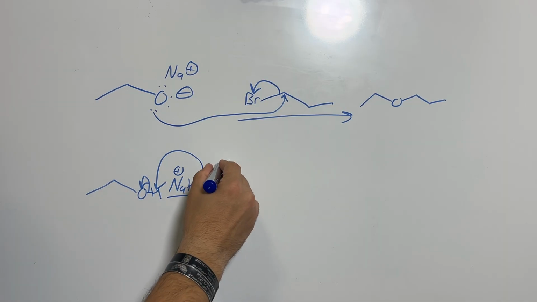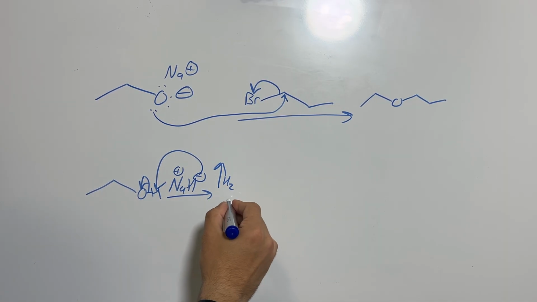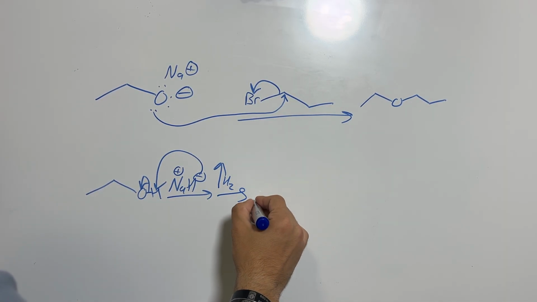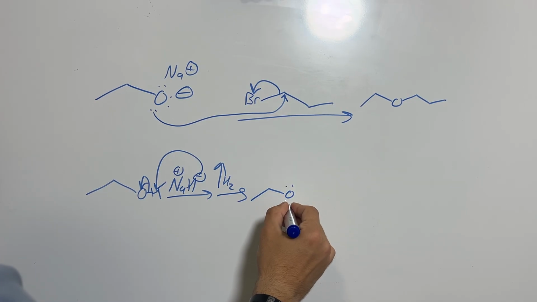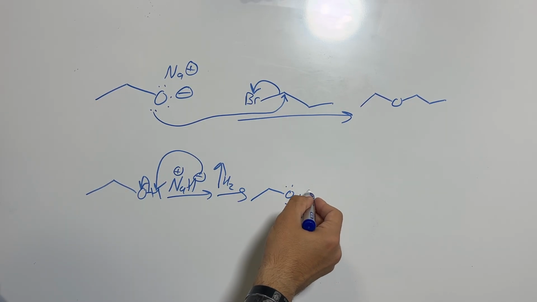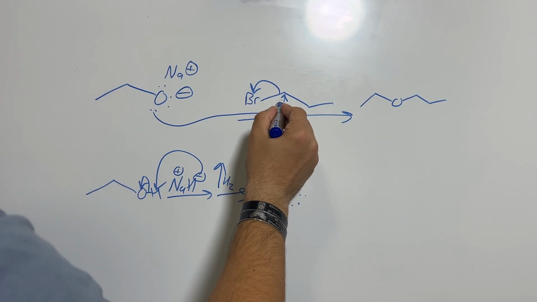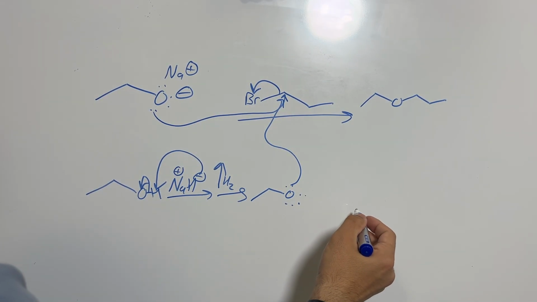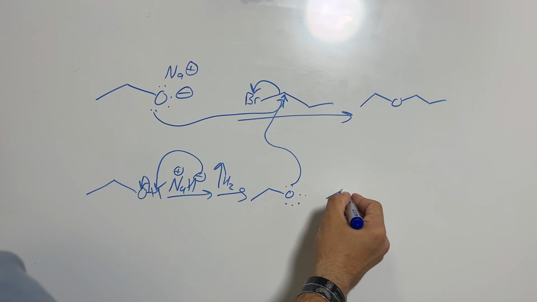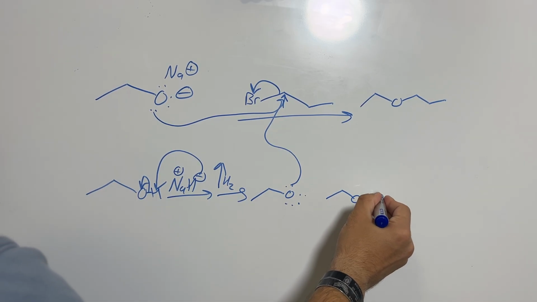We're going to release H2 gas, which is going to give us our alkoxide. And then we do this step here again, and we attack our alkyl bromide, and we create our